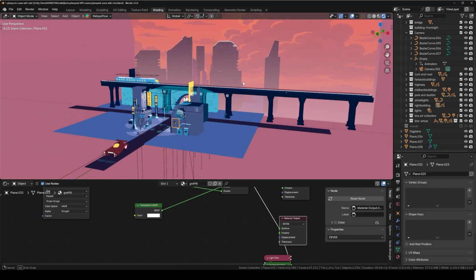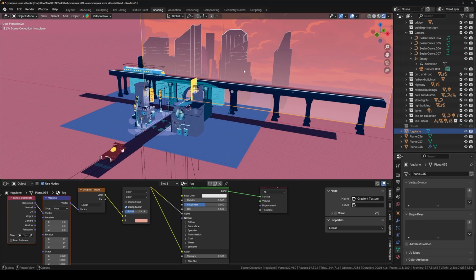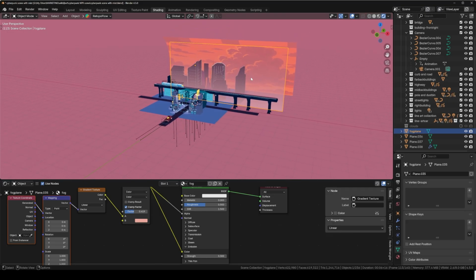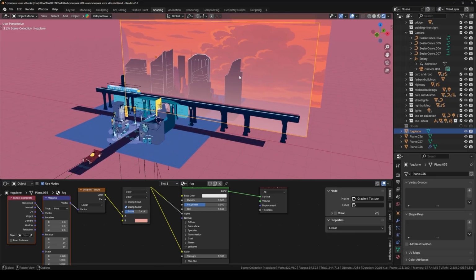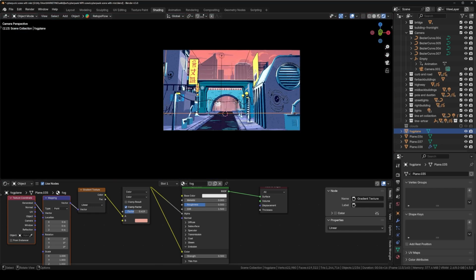So if I just go here and select this, you can see it's just a big plane. And once I put that on, you can immediately see that this is the foreground, this is the midground, and that's the background. So it just pops like that. I'll explain all the materials to you in the next section of this video. So I just wanted to tell you how I created everything. And then just the last thing,